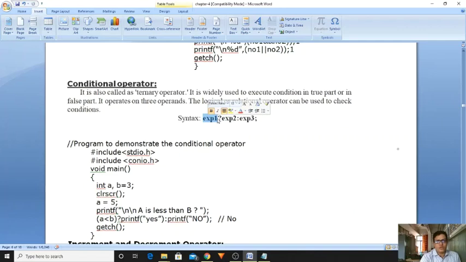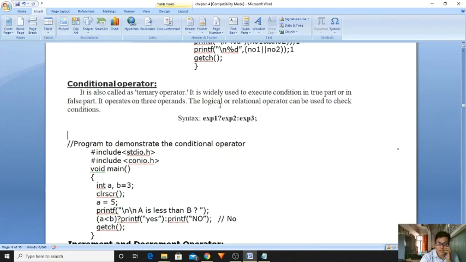Okay. Please observe here the syntax. Here we have given the syntax. If expression 1 is true, then it will execute expression 2. If expression 1 is false, then it will execute the statement followed by the colon, that is, it will execute expression 3.